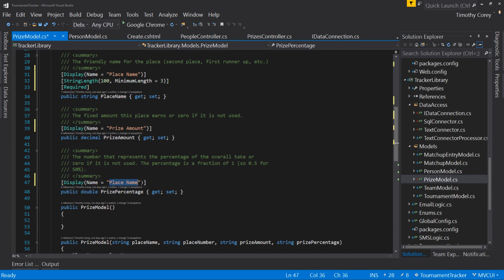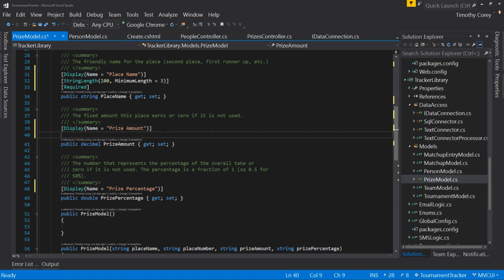We can change this to prize percentage. Now there are other options we can add to this. For example, we could do something like this where we said, let's do a square bracket, not an angled. And we said data type